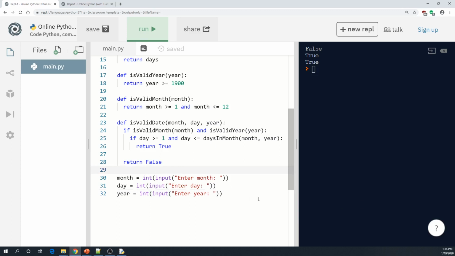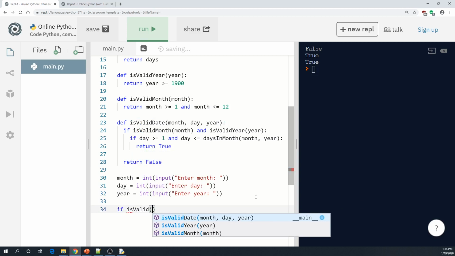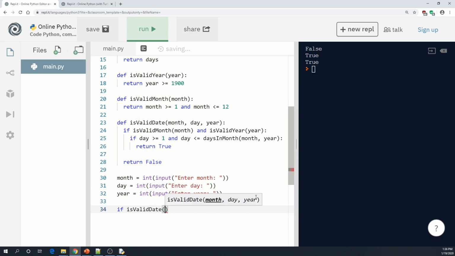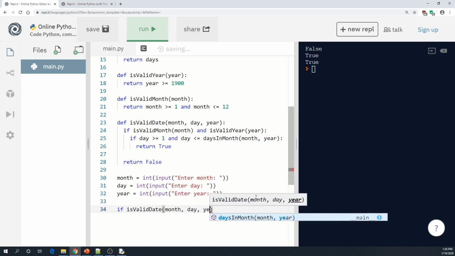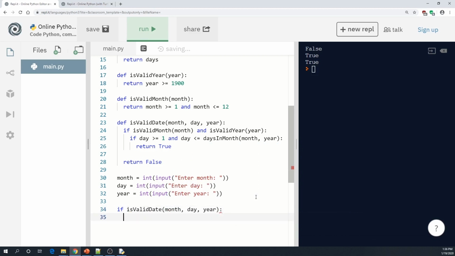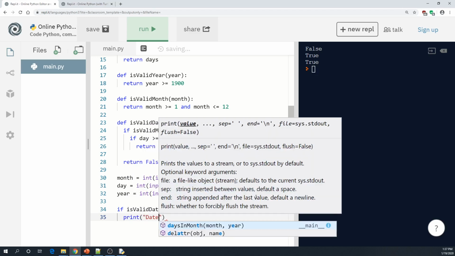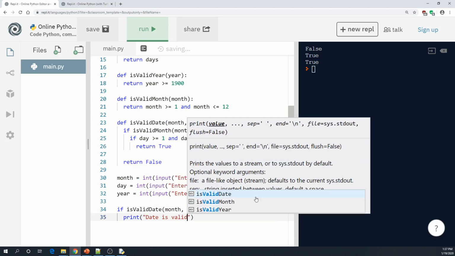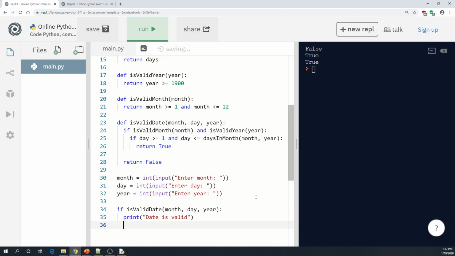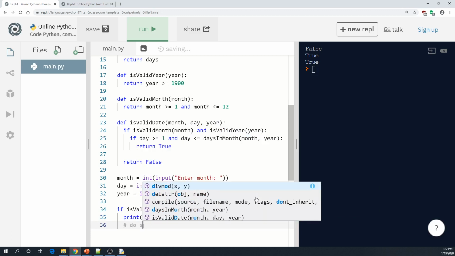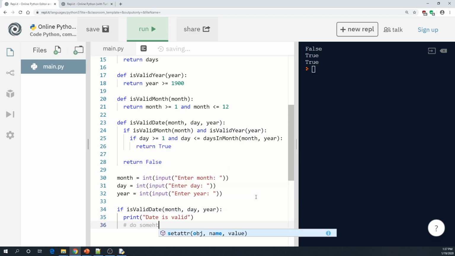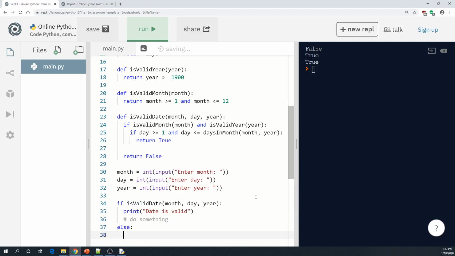Now I can just call if isValidDate given the month, day, and year, then maybe your program can do something with the input because you have a valid date now. Else,